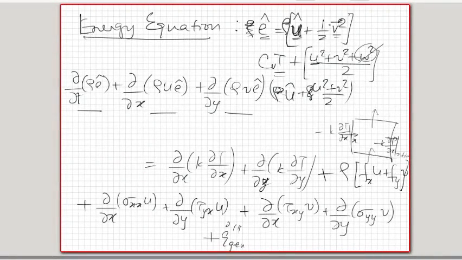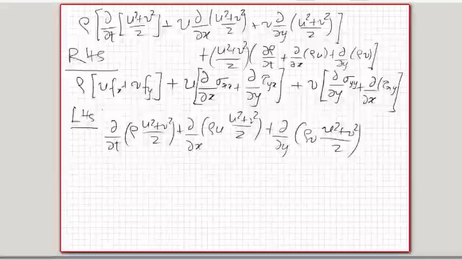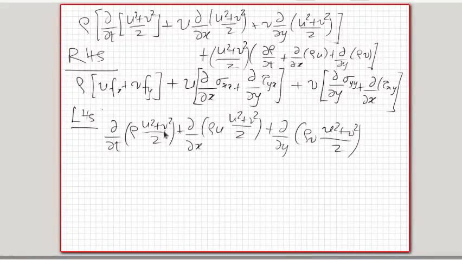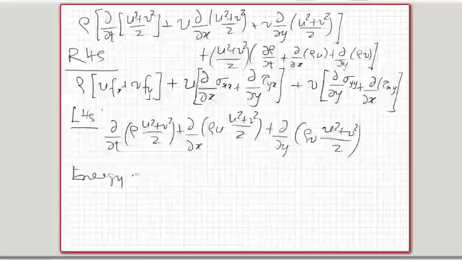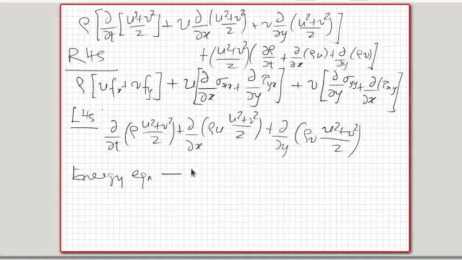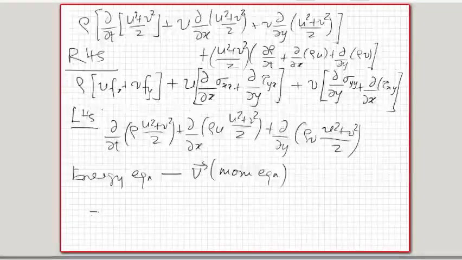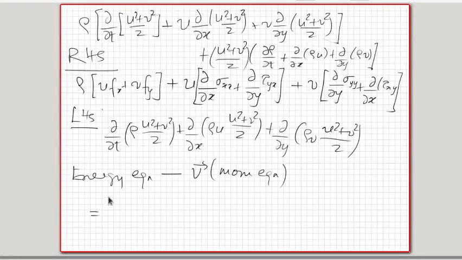Then I'll get the thermal energy equation, because what I have got here is basically the left hand side has the transient, advection and diffusion of the kinetic energy, the flow kinetic energy, and so I subtract the flow kinetic energy from the main energy equation. So the energy equation minus velocity multiplied by the momentum equation would actually give me the left hand side, which will be